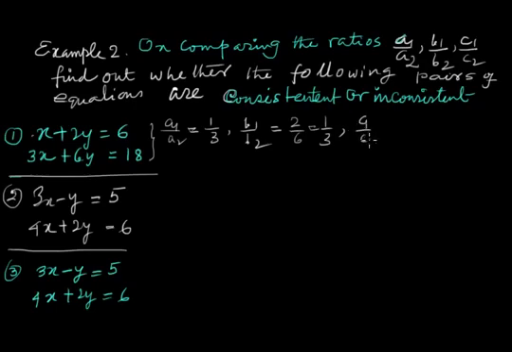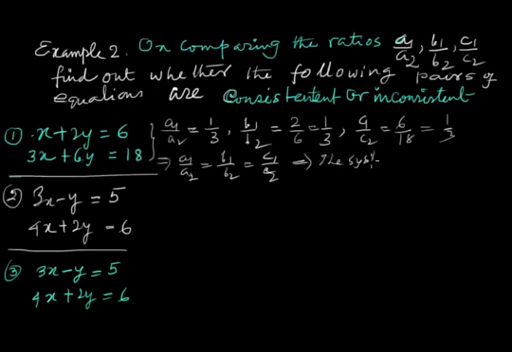C1 by C2 is equal to 6 by 18, that is also 1 by 3. So this implies A1 by A2 is equal to B1 by B2 is equal to C1 by C2, and this implies the system is consistent